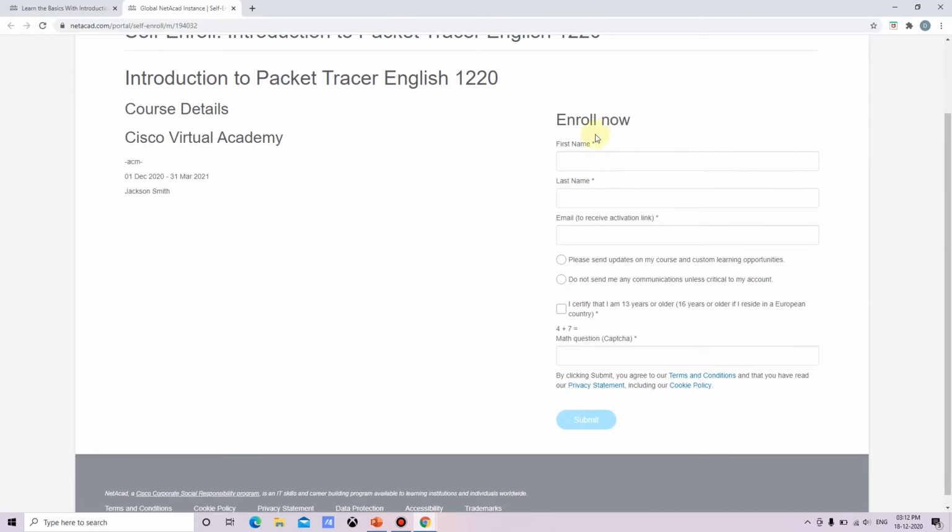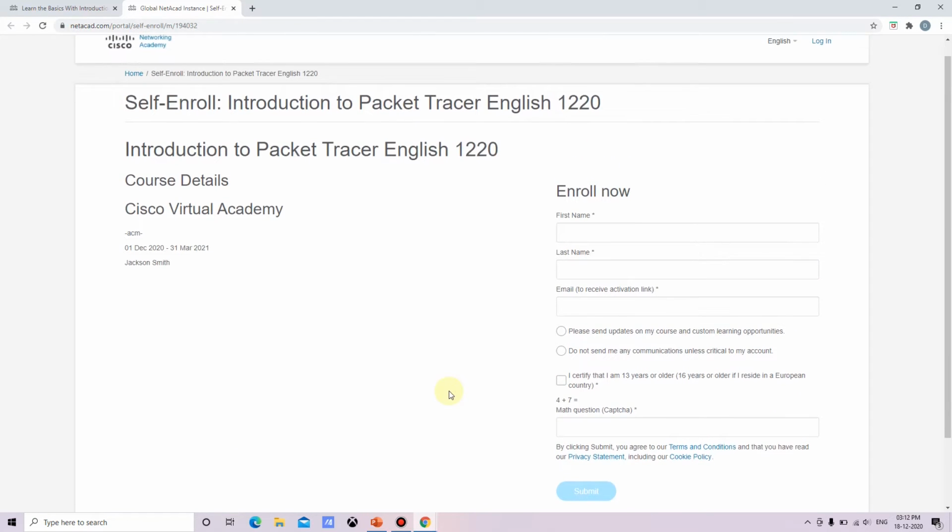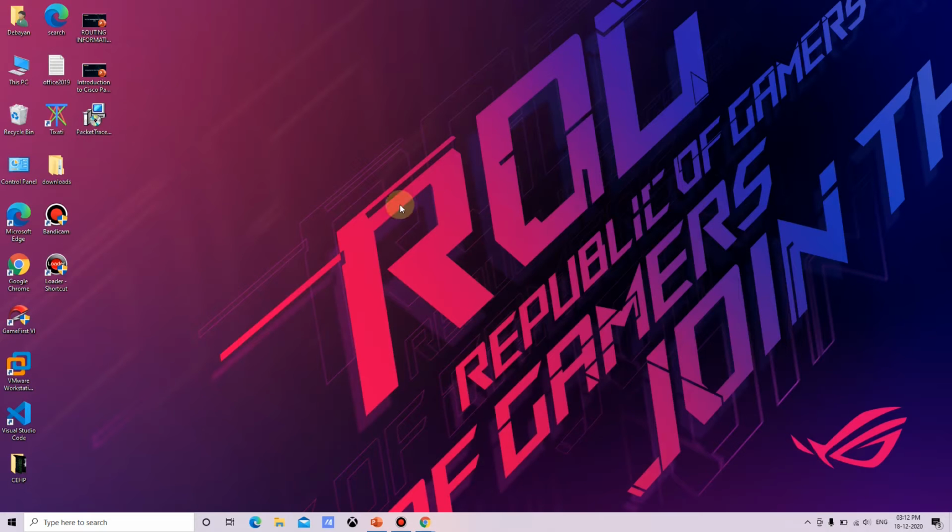Click on sign up today and follow this. We fill up the form and then submit, and they will give you an option to download Cisco Packet Tracer according to your system configuration. After downloading, you can install it. As I have already downloaded it, I will just install it.